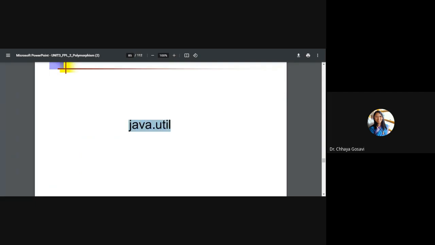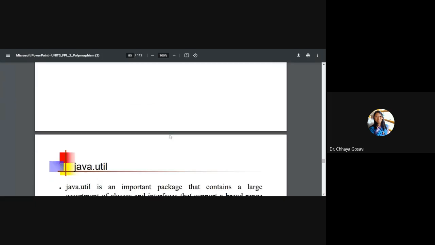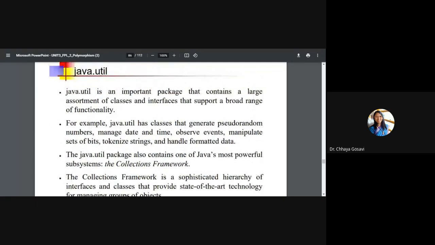The Java collection framework is available in the java.util package. Util is short for utility. So java.util is an important package which contains a large assortment of classes and interfaces that support a broad range of functionality. Java util has classes that generate pseudo-random numbers. So if you want to generate random numbers, then you can use the java.util package.